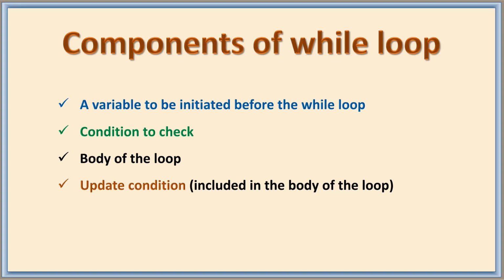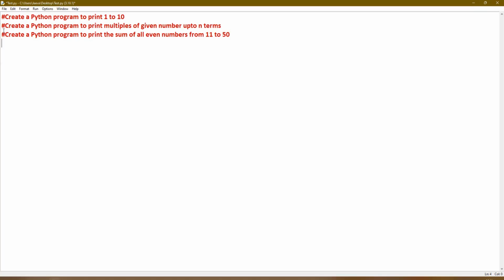Let us execute a few programs in Python. Let us create the same program as we have done using the for loop. So first we need to print 1 to 10. We need to create one variable, maybe x, the starting is 1, so I give it as 1 here. Then now I will be giving the while condition. We need to print up to 10. So I can give while x is lesser than or equal to 10. Here even the 10 is included.